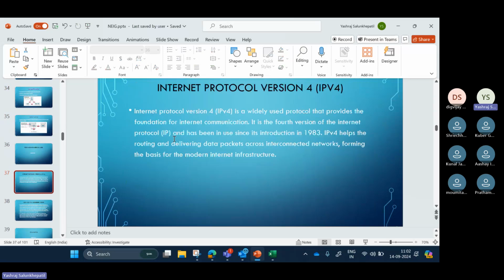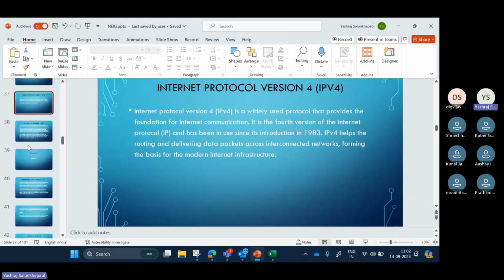We have already gone through IPv4. You can check the recordings of the last lecture. I think I have not given you access, I'll give it today. No issues. So we went through this IPv4 protocol, what IPv4 addresses are, how it works, and how we do the calculation in the last lecture. We'll go through the theory part now.